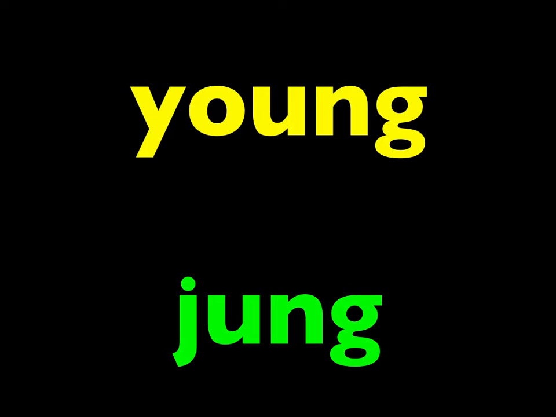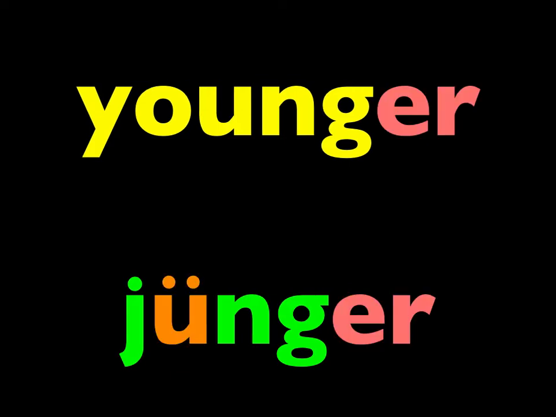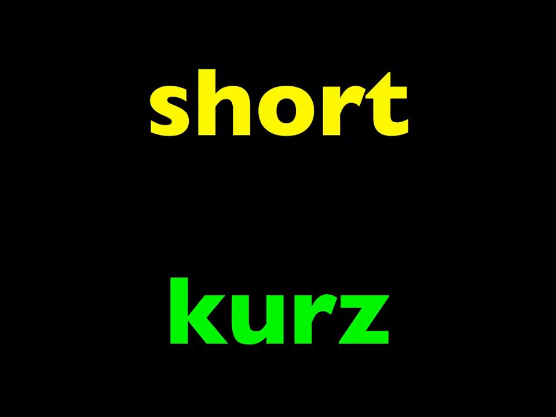Jung, jünger. So the u by itself is a double o sound, u, but the u with the umlaut is just slightly different. It's more like ü. Jünger. Let's continue. Kurz,